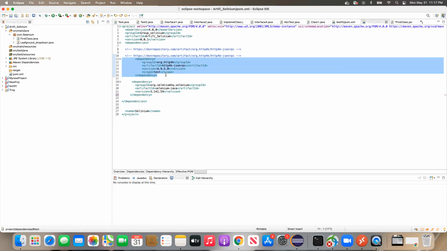When you add a dependency, it automatically connects to the Maven repository and gets it, and it is loaded into your project. Now, in the new TRNG project, how do you add a dependency?